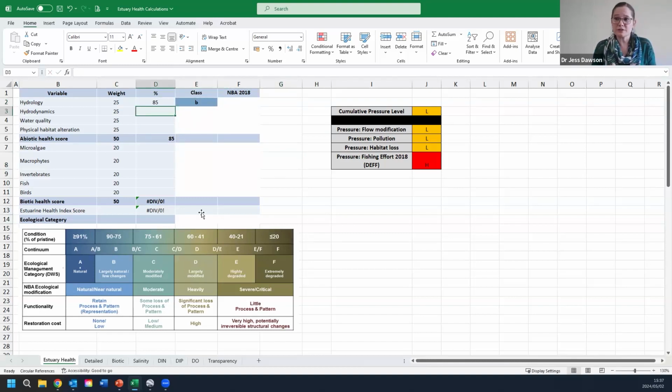Okay, hydrodynamics. So if you remember back to that, that's talking about the bathymetry, I can open that again if that makes it easier. The change in the subtidal, the salinity, and all of those impacts. So how the hydrodynamics, the state of the mouth, how that varies. How much do you think that has changed compared to a pristine state? It's also how often you think the mouth opens and